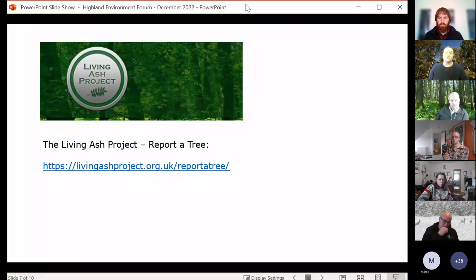I also just wanted to quickly mention the Living Ash Project, which is moving on to a bit of a more citizen science aspect. There is a lot of work going on, not just in the UK, on trying to find trees that might be tolerant, and trying to understand the genetics of them to hopefully eventually breed tolerant, disease-resistant ash. The Living Ash Project is a project involving several different organisations, and you can, if you